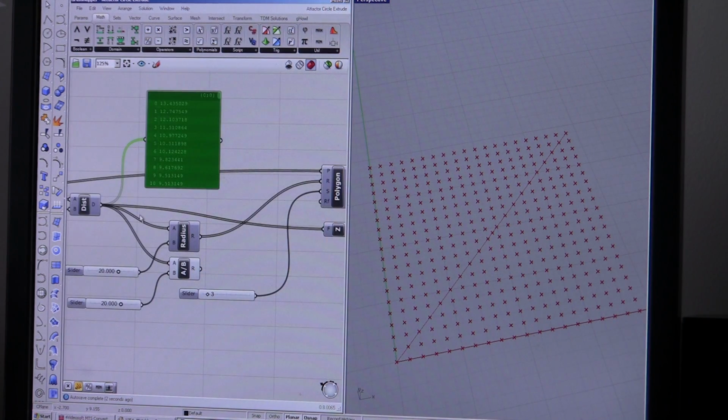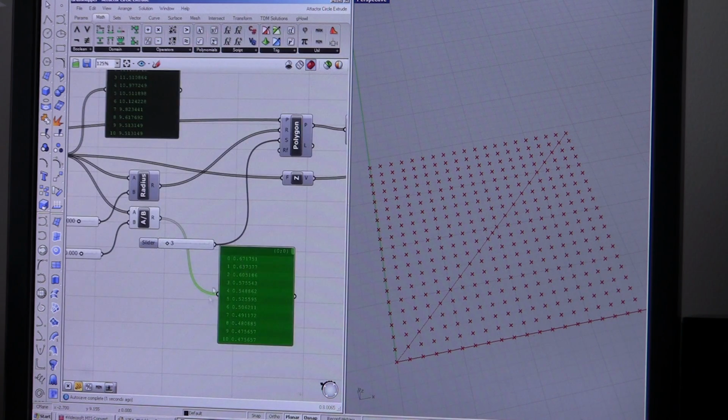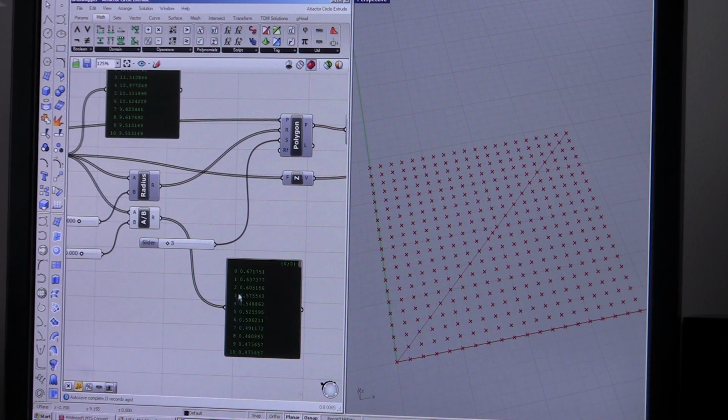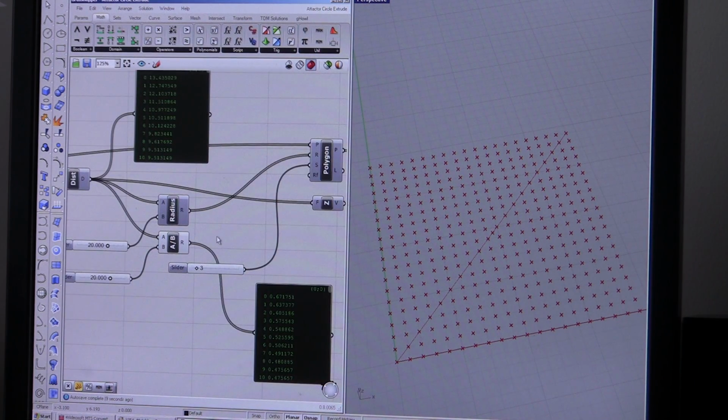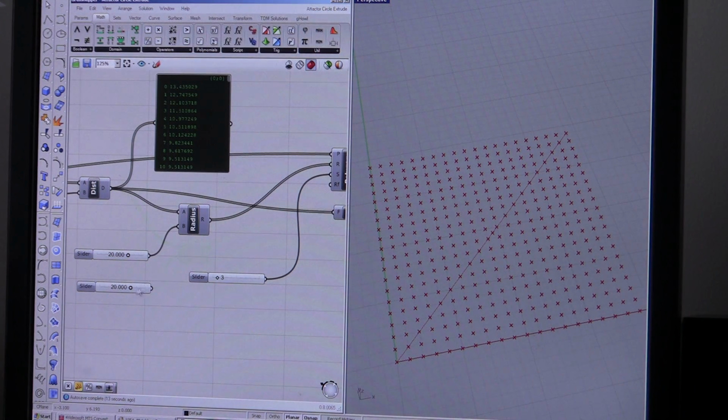So if you copy this panel, you'll see that all of these distances have been divided. So these are much better radiuses that we can work with, much smaller values. So this will be really helpful. I'll delete this. Okay, so once you have this, you can rename it radius, and these will be all your